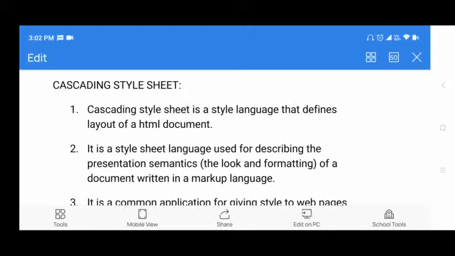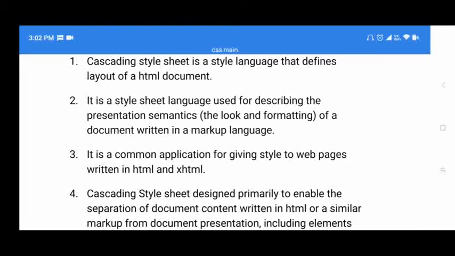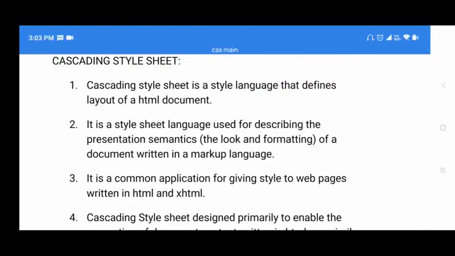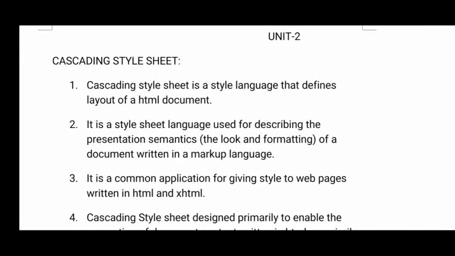With those presentational elements, you can give styles to your HTML tags, and it is included in an HTML document. This is completely about presentation; this technology is used to give presentation only. It is not used to display the content. Using this style sheet, we give styles to HTML. Using HTML tags, we display content.